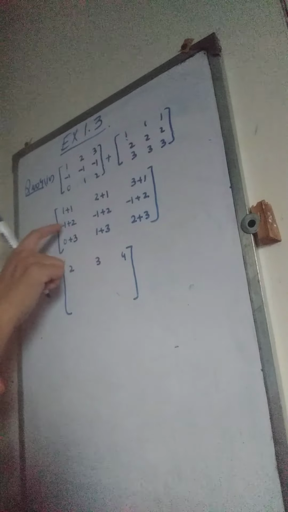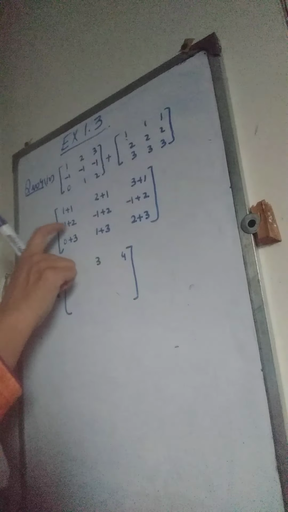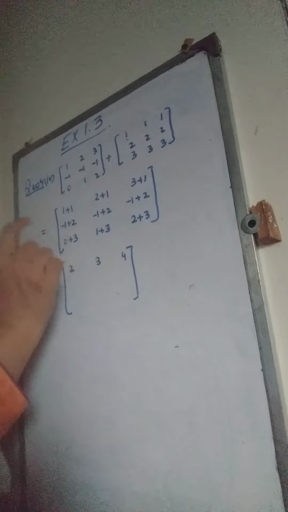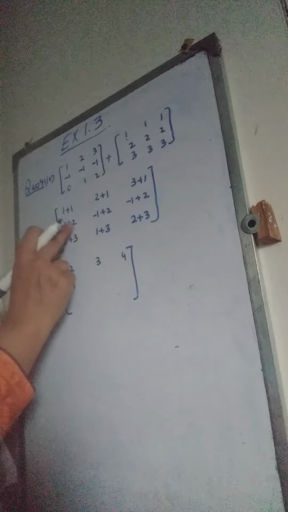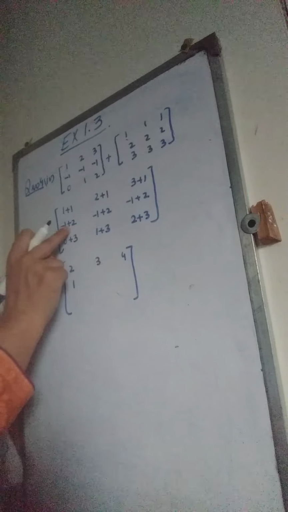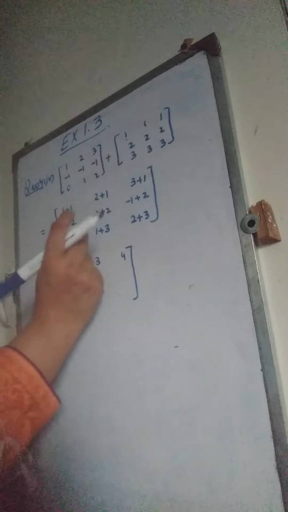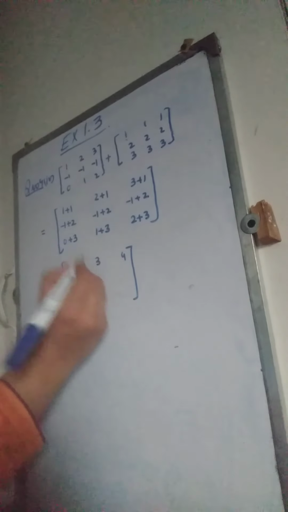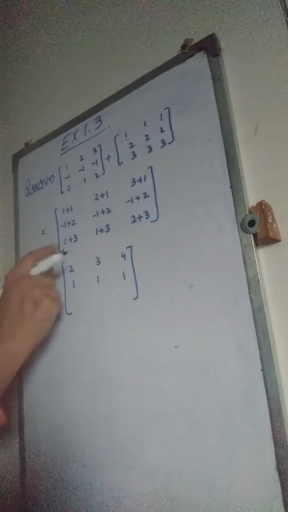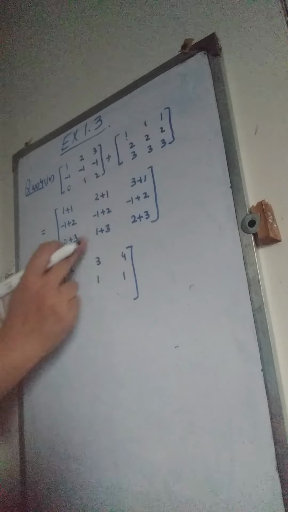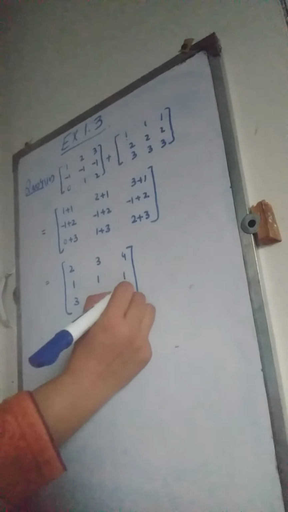Negative 1 plus 2: we have to add these two numbers having different signs. Whenever two numbers are added having different signs, we always do the subtraction. 2 minus 1 will be 1, and we put the sign of the number which is greater of the two. 2 is greater than 1 and it is carrying a positive sign. Therefore, the answer will carry a positive sign. Negative 1 plus 2 is again 1, same operation. 0 plus 3 will be 3. 1 plus 3 will be 4 and 2 plus 3 will be 5.